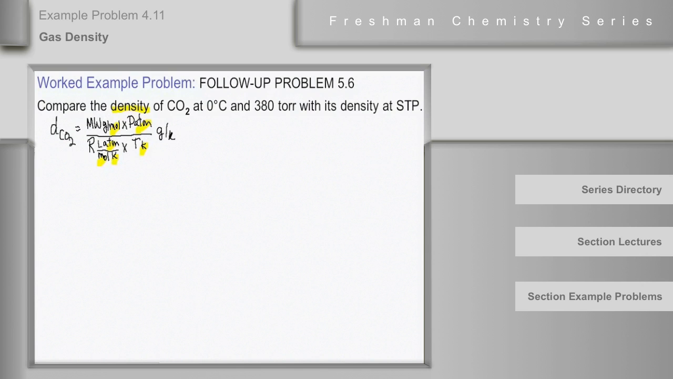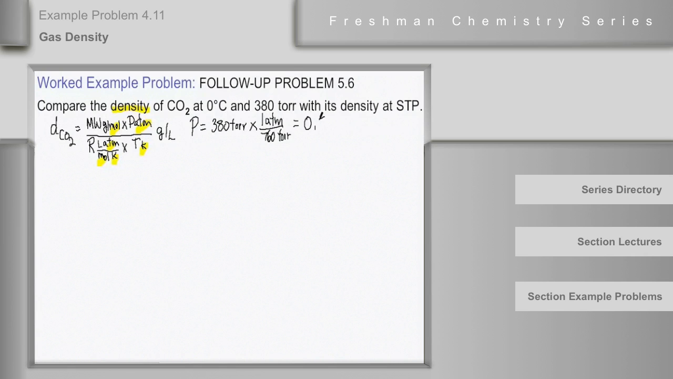Now, we are asked to compare the density of carbon dioxide at 0 degrees Celsius and 380 torr with its density at STP. So first of all, let's determine the density of CO2 under the initial conditions, condition 1, 0 degrees Celsius and 380 torr. In order to do that, we need the pressure in atmospheres. So P will be equal to 380 torr times 1 atmosphere for 760 torr,